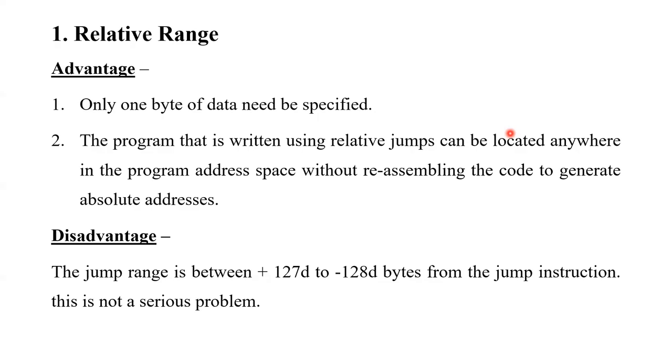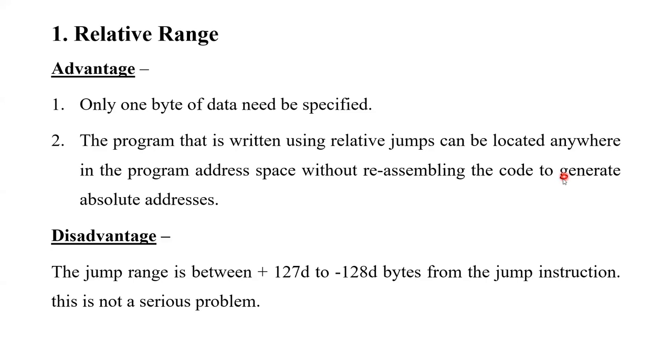There is every possibility that most of the time the code range we have, if I want to perform a jump depending on the condition, is always between plus 127 to minus 127. So in that sense, this is not a serious issue with the relative range, right? As I said here,